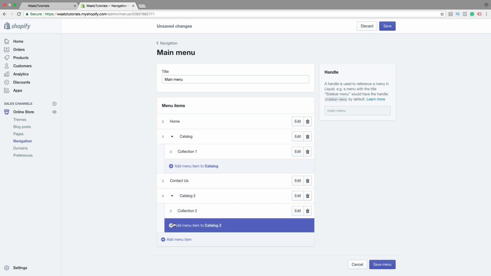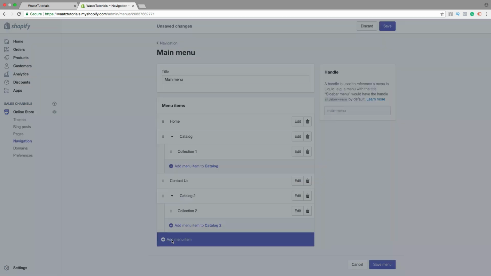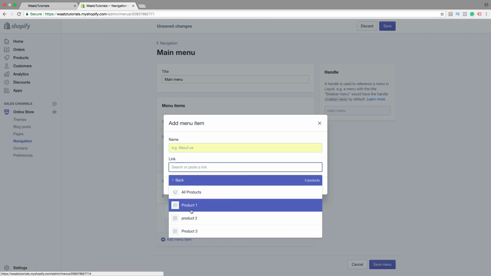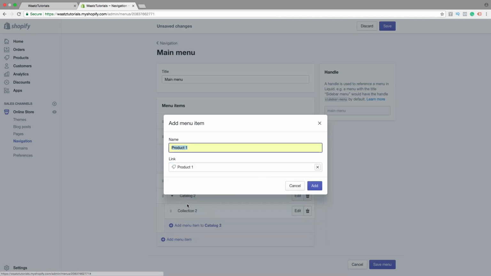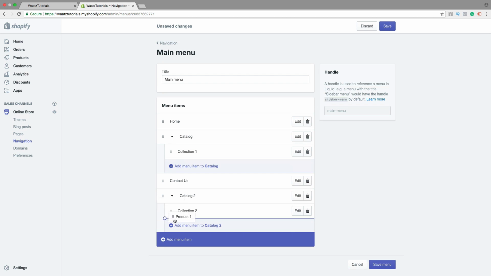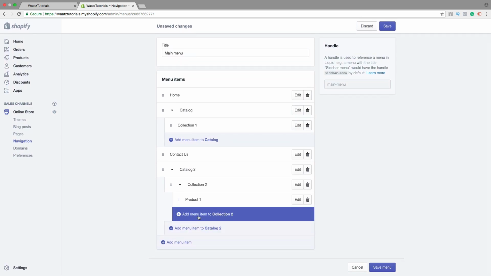If you want to add more under catalog, just click right here. But now we want to have products under collection. Just click on add menu item. Click right here, choose products, product number 1, click on add, and now click on the 6 dots and move it under collection and one step to the right. Okay, so now you see we have another one, add menu item to collection 2.